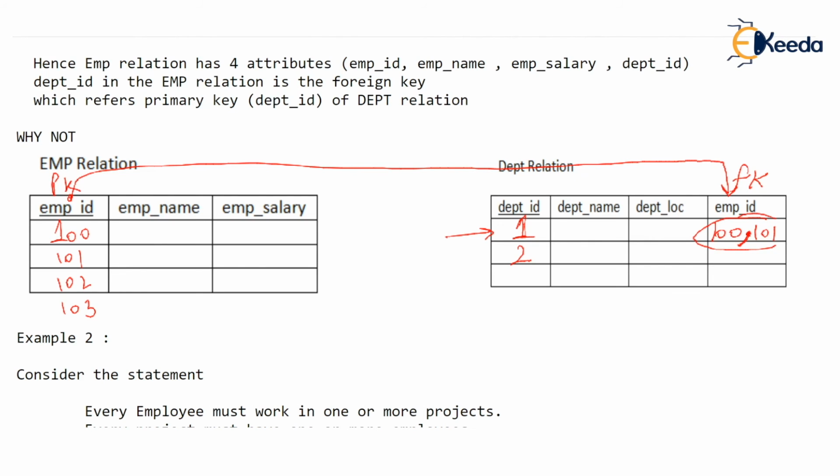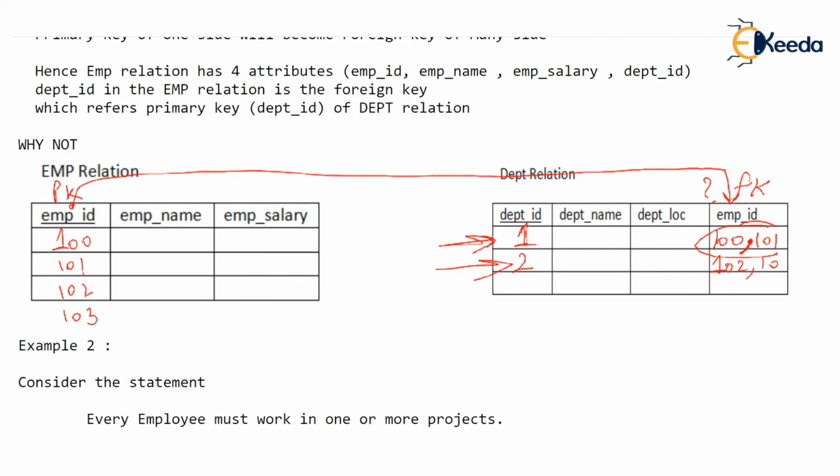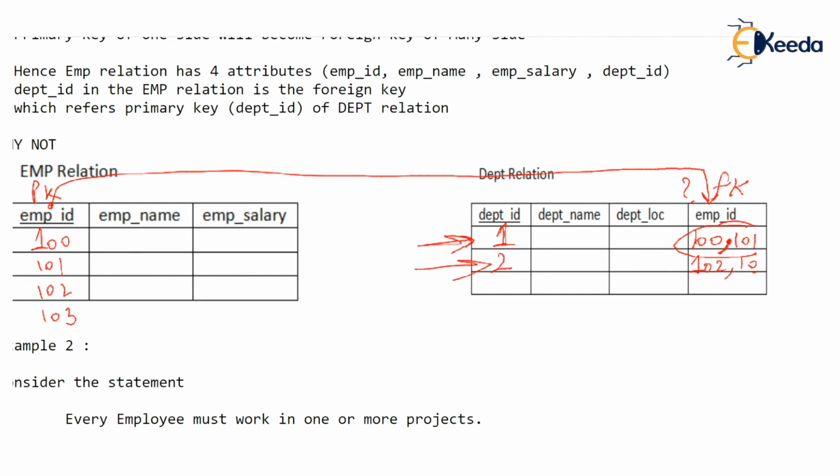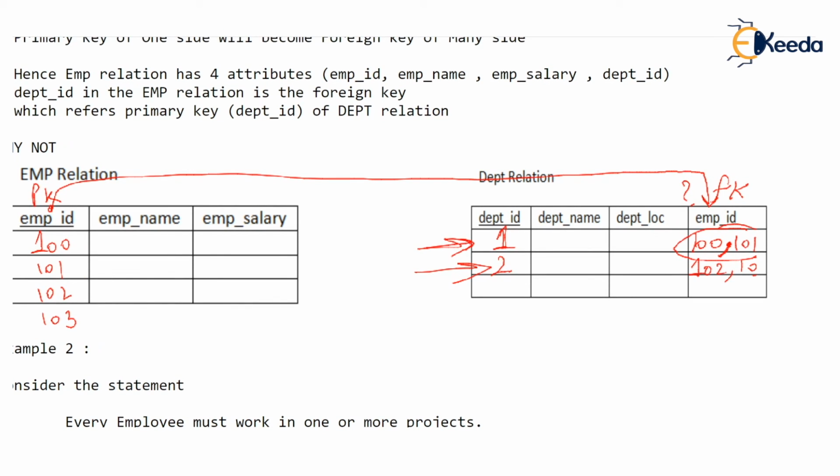Those who have a sound understanding of programming can understand later on. If you want to know which employees work in this particular department, then you will have to separate out those commas and separate out the employee IDs. This will be so difficult. Finally, in the second department, if we say that employees 102 and 103 work, this is bad, isn't it? You cannot maintain the data about the employees working in particular departments in this fashion.